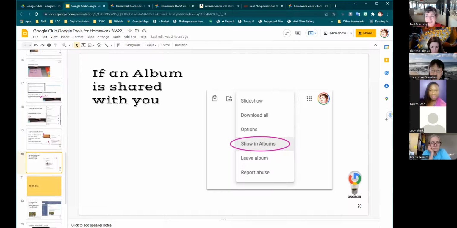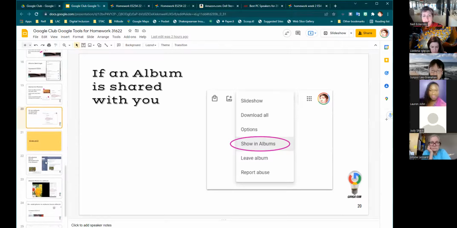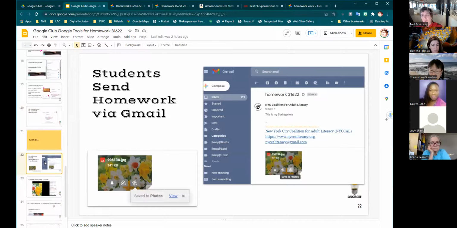So that's the basics of Google Photos. Then the other option, if you're not having them directly put things into an album and you're receiving photos, they're sending them to you. Maybe you're already doing this. They're sending you photos via email. In Gmail, if they're sending it to your Gmail, when you get an email from them with a photo attached,